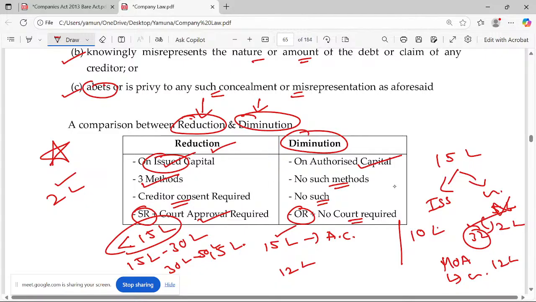Nobody will plan that. In case the company has 20 lakhs as authorized capital, but seeing the prescribed fees, up to 15 lakhs is one fee and above 15 lakhs to 30 lakhs is another fee, and I am not going to use 5 lakhs at all in my future, so what I plan is to reduce it to 15 lakhs. Which means I should not use reducing here. I should use diminishing. The normal English usage should not be applied.